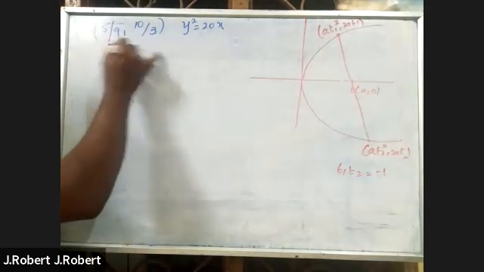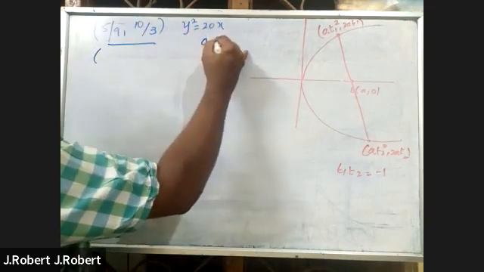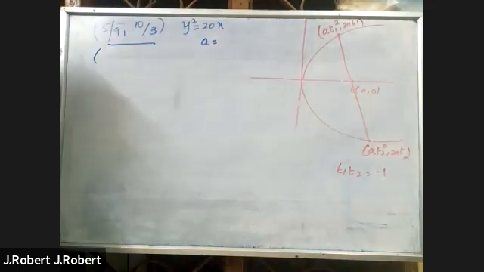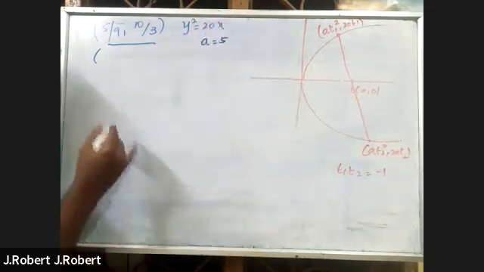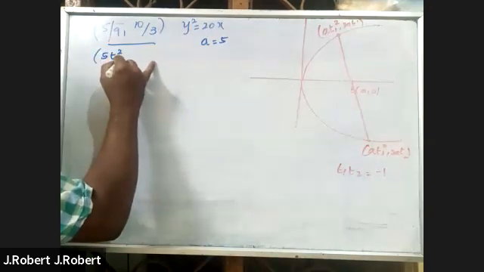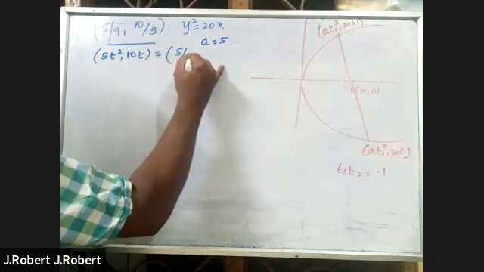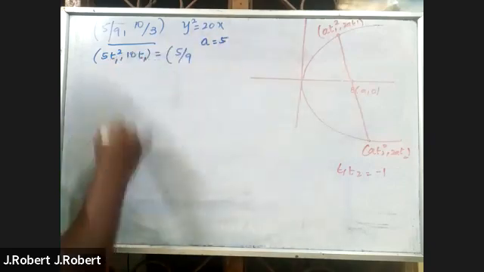The first point is given 5/9 and 10/3. That is, இங்க இருந்து பாத்தீங்கன்னா A உடைய வேல்யூ கண்டுபிடிங்க. Actually பாத்தீங்கன்னா 20x, 4a is equals to 20. Your A is equals to 5. அப்போ A 5 னும் போது இது எப்படி மாறிடும்? First point 5t square, 2 into A, that is 10t, which is equals to 5/9 T1, first point clear, T1,